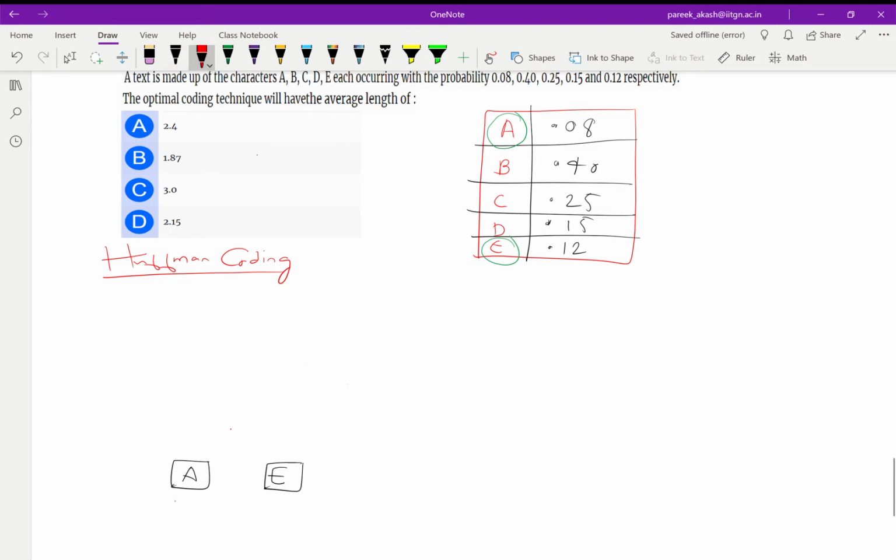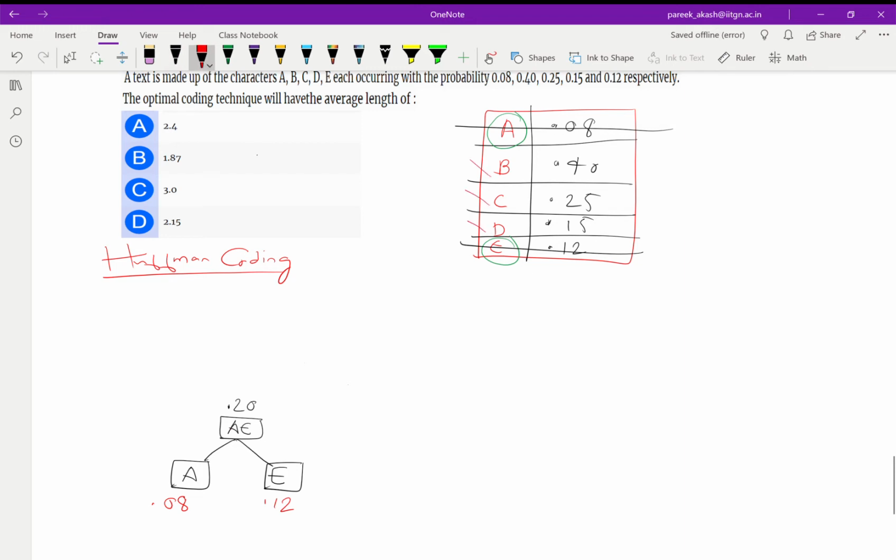A's probability is 0.08, E's probability is 0.12, and we will merge these two nodes and make another node AE, whose probability will be the sum of these two, that is 0.20. Now we have four nodes: AE as a whole, and then B, C, and D.